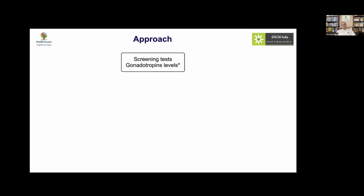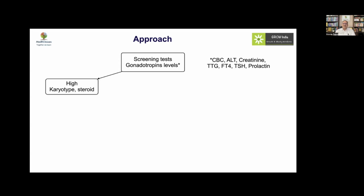So when a girl comes to you with delayed puberty, do a screening test, and this I would include CBC, liver function, kidney function, celiac evaluation, thyroid profile, and prolactin. If all of them are normal, then do a gonadotropin level. In that perspective, the FSH is high, and usually when you talk about girls, there is no confusion. The levels will be somewhere like 15, 20, even 100 in that regard. This is the scenario where you want to look at the karyotype. Then think of other genetic causes, if Turner is ruled out, or some other autoimmune causes